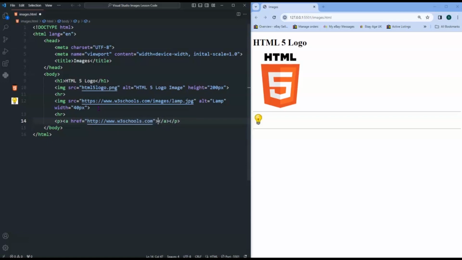So we put the anchor in, and then we need to put the image, and we need to put the attribute, obviously, linking to what file we're going to use, and we're going to again use the